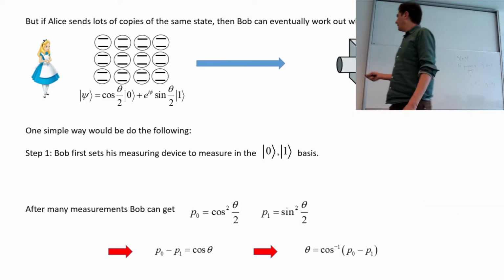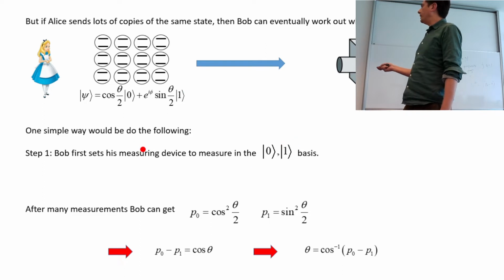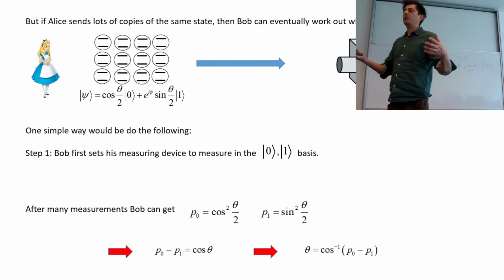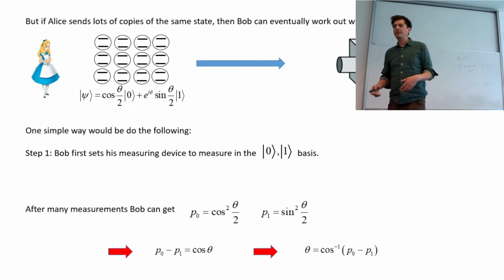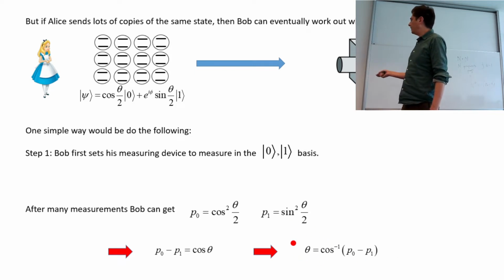So I cooked up some simple protocol to achieve this. So basically, for example, firstly, if you've got a state like this, you measure in the 0, 1 basis, and then get the probability. So that would actually already involve lots and lots of measurements, maybe like 1,000 measurements to properly get these probabilities here, right? And then taking arc cos, you get the